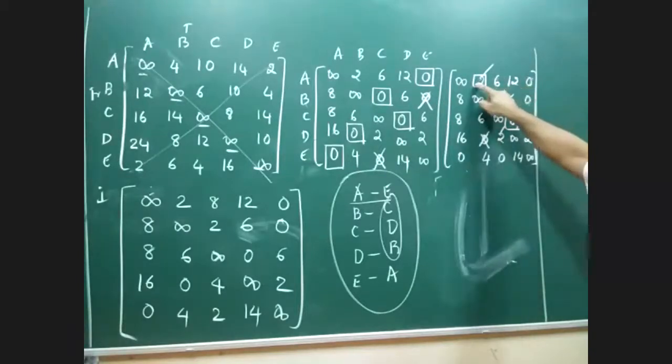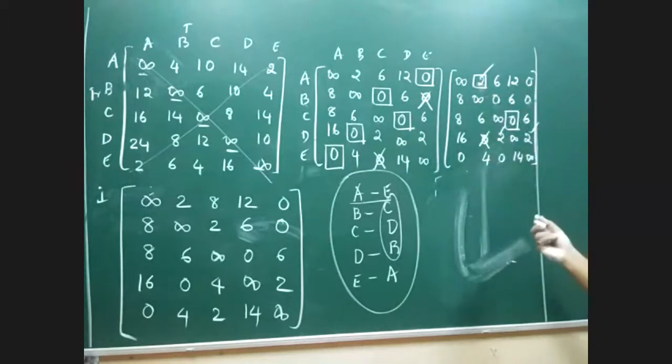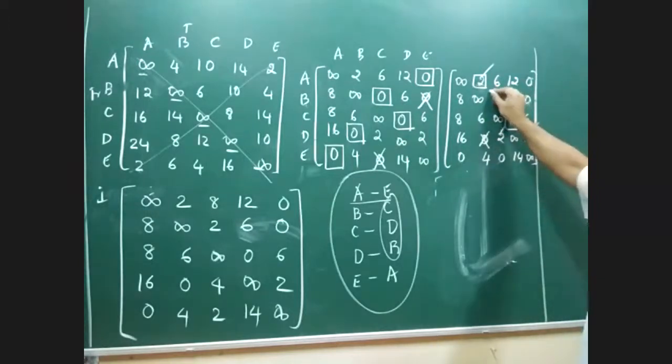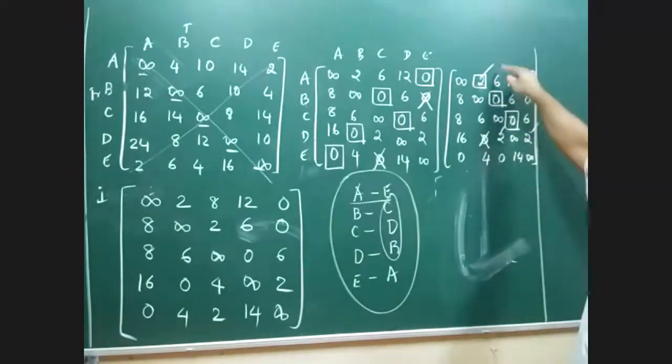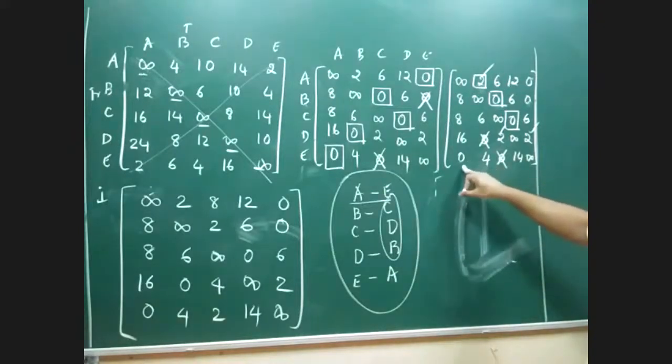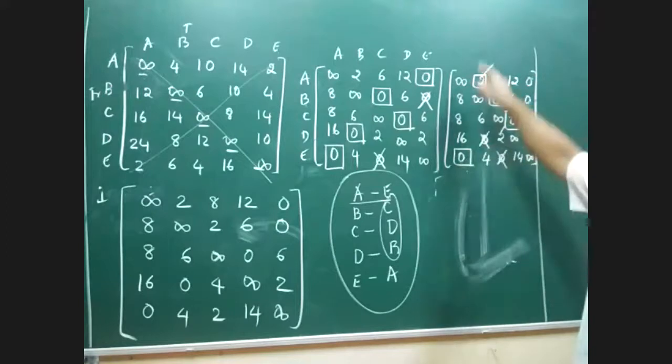No problem because it is already allocated. So we can take either of the two. Both are okay with me. So I can take this. If I am selecting this, all the zeros of that particular column have to be blocked. Okay, block that. Next single zero is there. I think the single zero is here. Because if we take the single zero, the other one gets blocked.